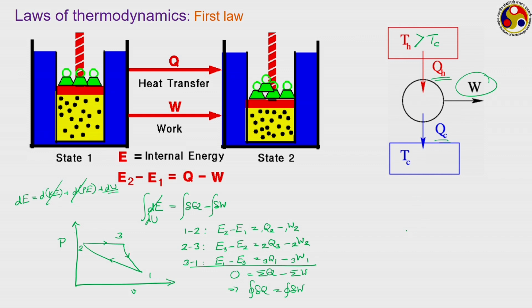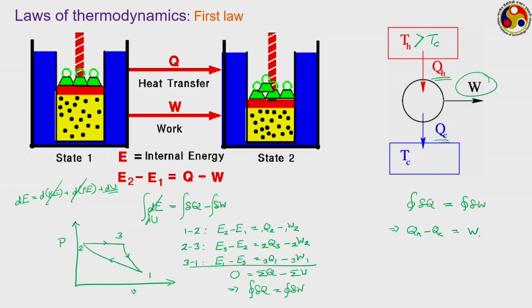Now, if we apply the first law of thermodynamics on this cycle, then you have just seen that cyclic integral of δQ is equal to cyclic integral of δW. There are 2 heat interactions shown here. Accordingly we can write QH minus QC, because QH is added to the system, that is positive, and QC is going away from the system, so that is negative as per our sign convention, is equal to the cyclic integral of δW. There is only one work interaction shown, which is being done by the system, so it is positive,